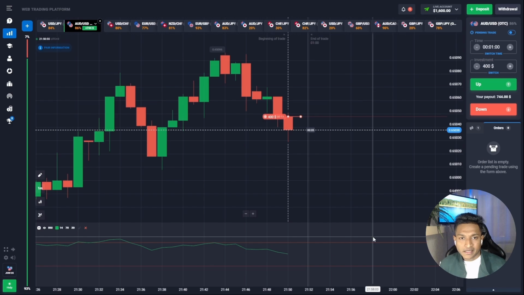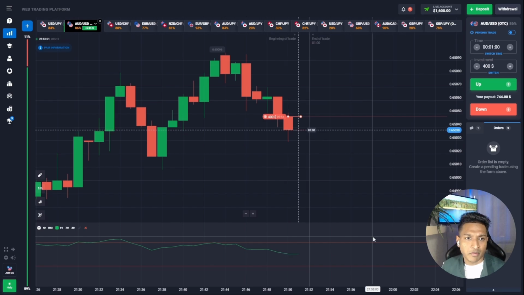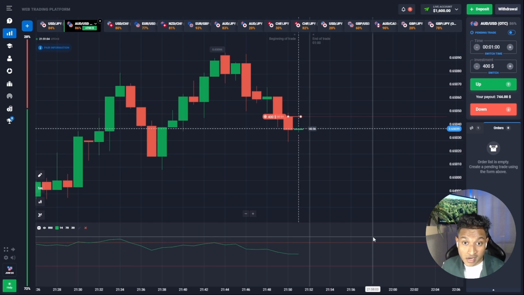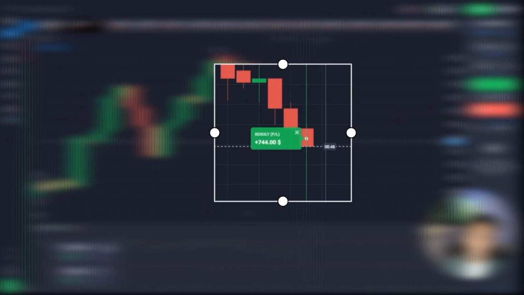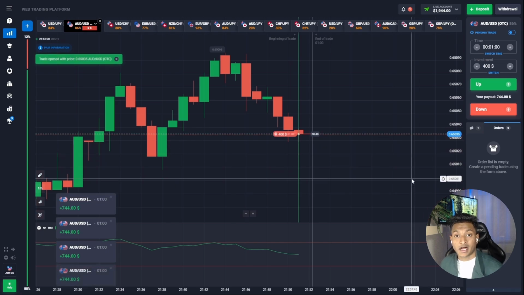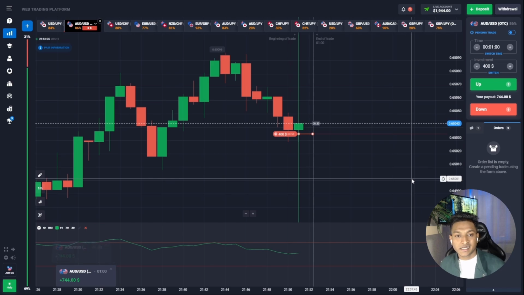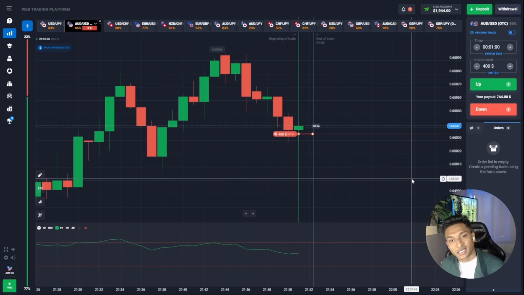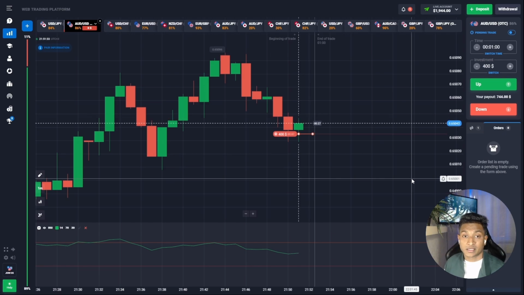And what about our AUD USD currency pair profit? 86% profit, so it's a good one. Let it go, let the candle go and make my profit. Look at this, $744 profit. It's a good one, and let's follow the trend. Trend is our friend, as always. So still it didn't hit the bottom, the supportive zone. When it hits the supportive zone, the market will change and it's growing up. So far so good.